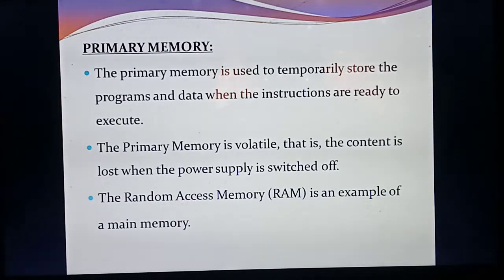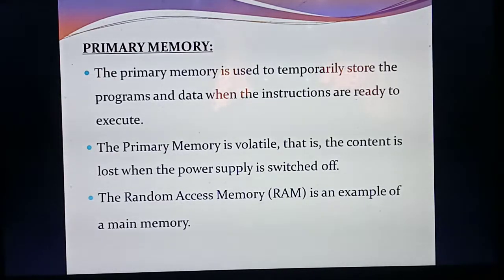So what are the things you are storing in the primary memory? It is volatile. What is the meaning of volatile? For example, you are storing something in the primary memory, and immediately the power is lost. Immediately the power supply is switched off, which means the things you have saved in that primary memory will be lost. For example, you are storing a file, a movie, some photos, documents, audios or songs, anything in that primary memory.